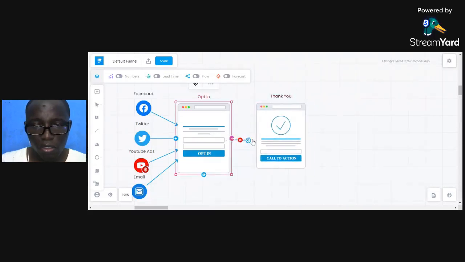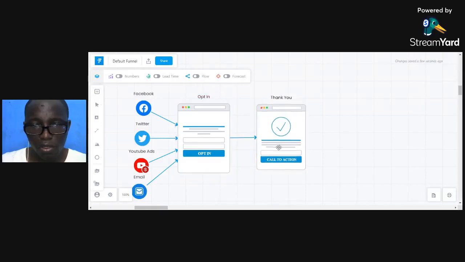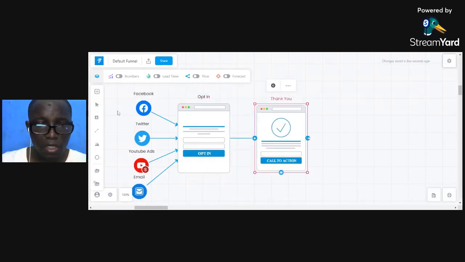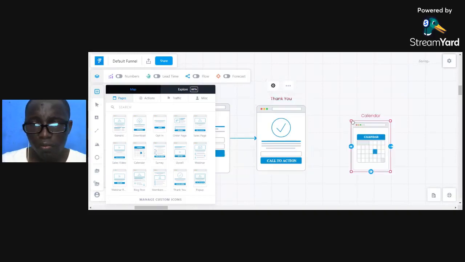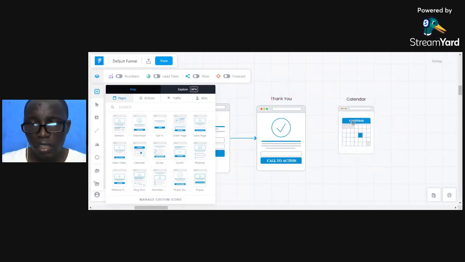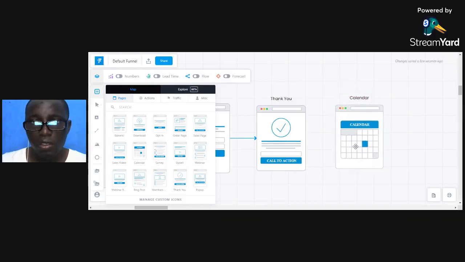From this to the thank you page. Then from this thank you page, we go to an appointment booking page. That can be like a calendar, an appointment booking. So from this thank you